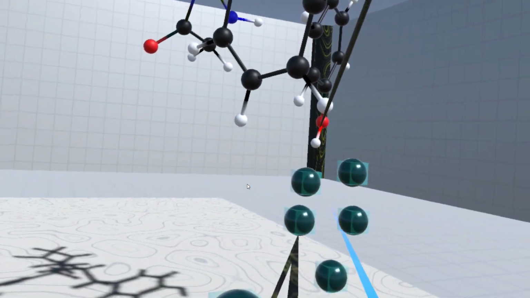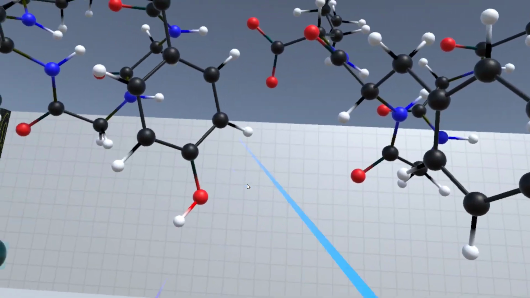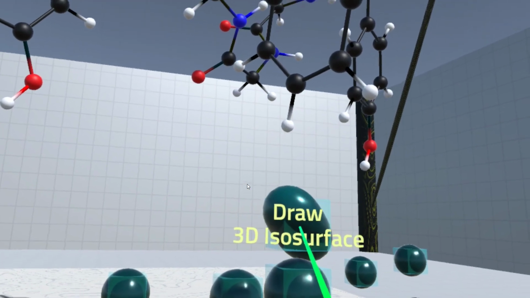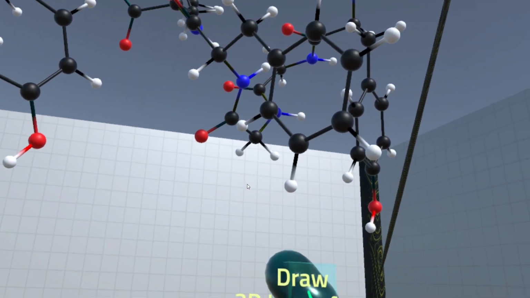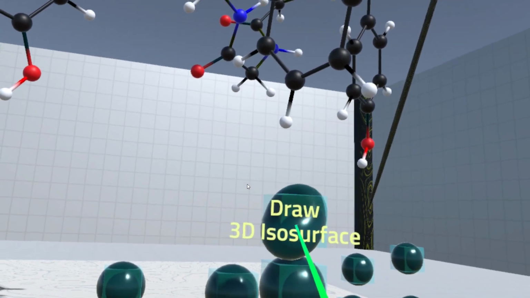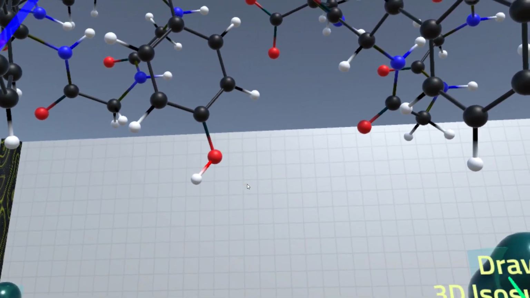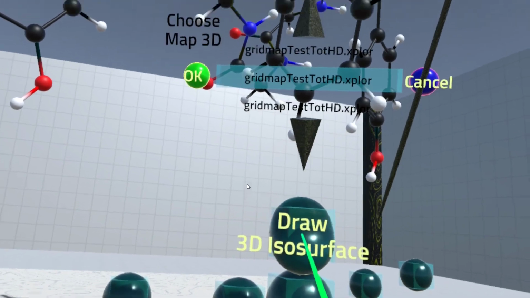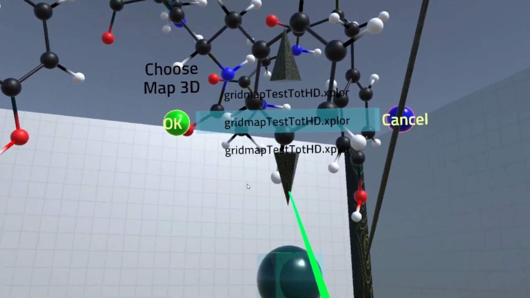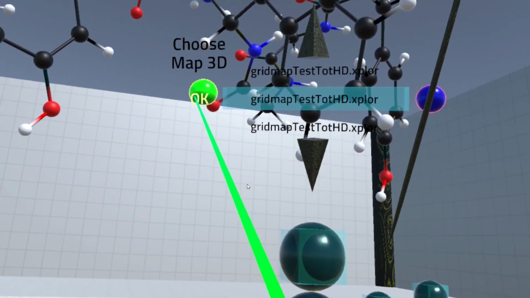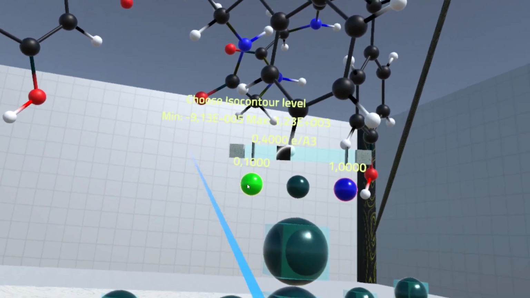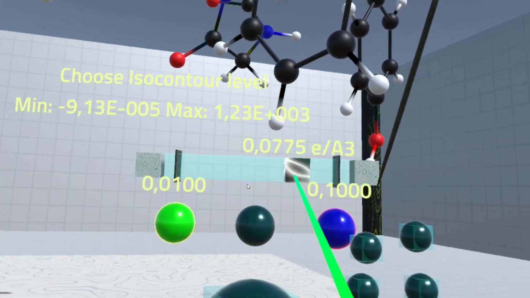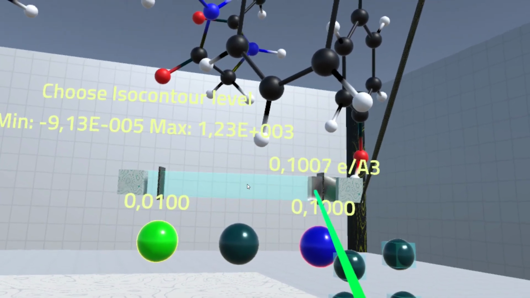Now, a way to visualize a 3D field is to draw what we call an isosurface, which is a surface in space that links points with the same value. We can draw isosurfaces using this tool. First, we select the map, of course, if we have several maps opened. And then we choose the contour level with this little 3D slider. Let's try to grab the 0.1 value here